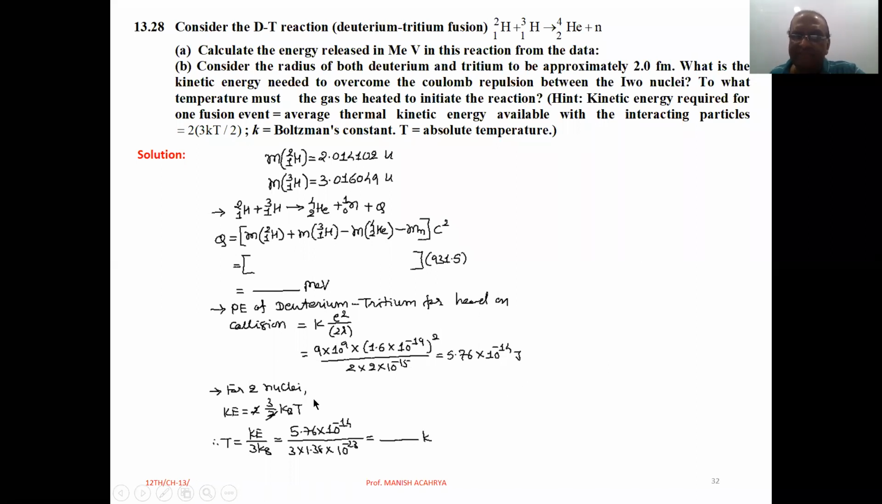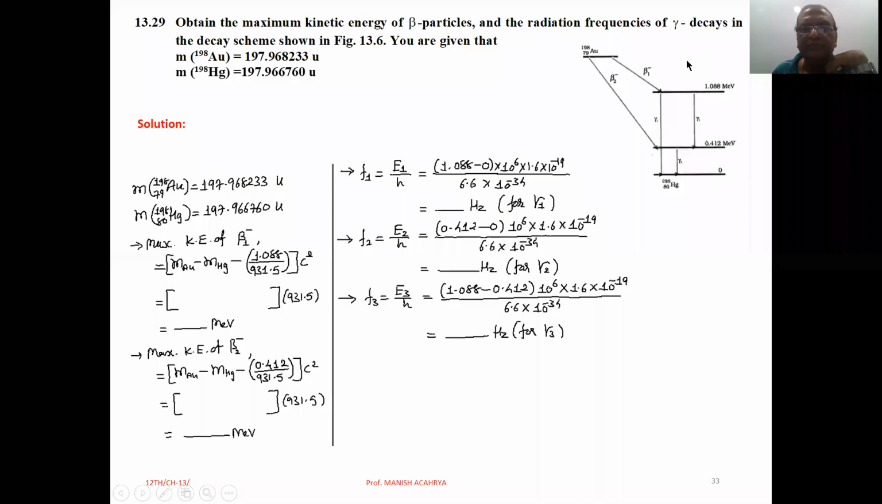Now for two nuclei, the kinetic energy is 3 by 2 kBT for each one. So multiply by 2, the 2 cancels, that is 3 kBT. So temperature is kinetic energy upon 3 kB. Here the kinetic energy we already calculated, 5.76 into 10 raised to minus 14, divided by 3 times the Boltzmann constant 1.38 into 10 raised to minus 23. Solve this one and you will get the answer. And you can observe that a tremendously large temperature is required here. Clear to all of you? Next,